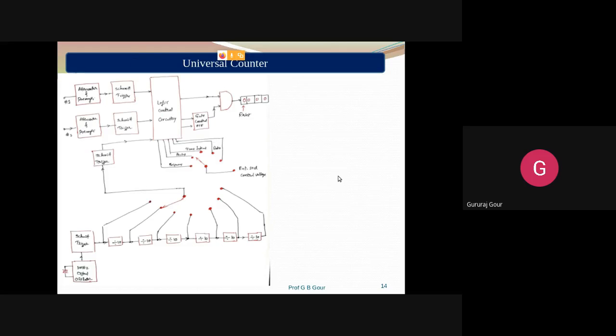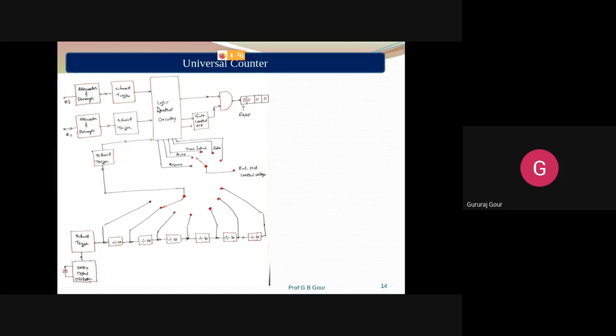Next one, if you combine all these things, a single frequency if you want to measure, you can measure. A single period, you can measure. A time interval, you can measure. The ratio of frequencies or times, you can measure. This is the time based selector. The design of the time based selector remains the same, using a crystal oscillator, Schmitt trigger and decade counters.